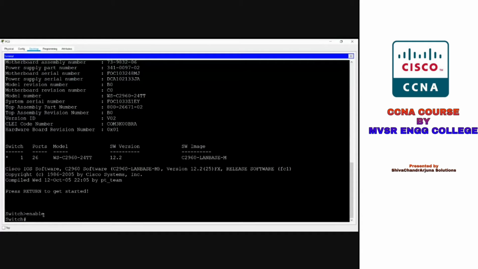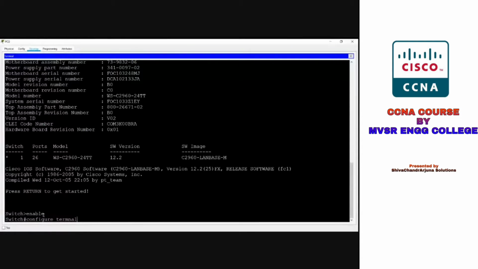Next one is the global configuration mode. For global configuration mode, we need to enter configure terminal.